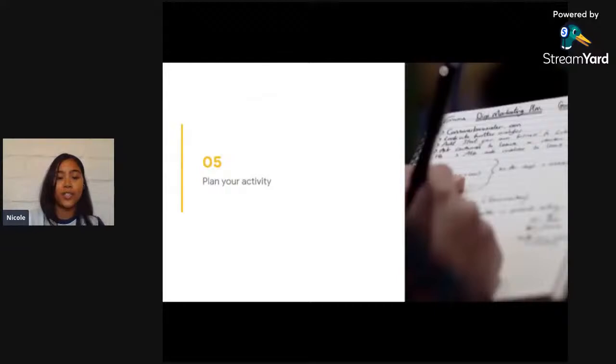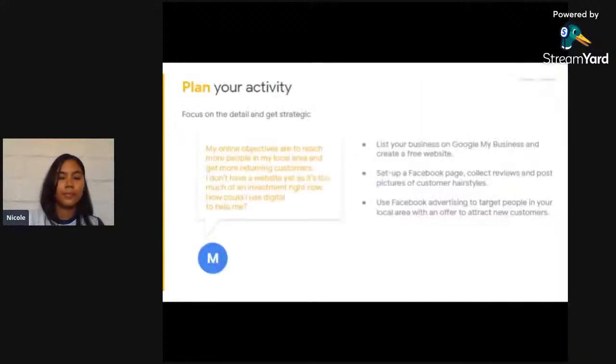So now let's move on to step 5, where you plan your activity. So, to plan your activity, you need to focus on the detail and you need to get strategic.